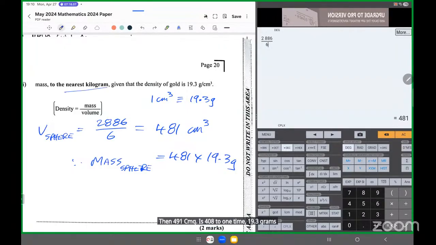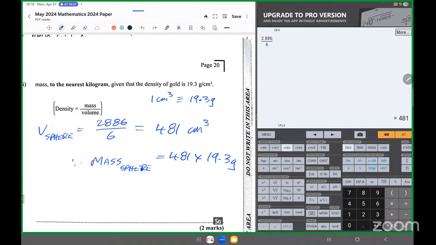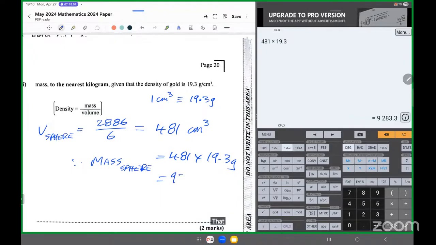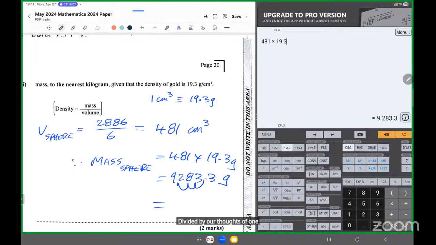But the question wants us in kilograms. So to get the answer, we'll divide by 1,000 to get it in kilograms. To go from grams to kilograms, we divide by 1,000, because 1,000 grams make a kilogram. So we're doing 481 times 19.3. That gives us 9283 grams. Divide this by 1,000: 1, 2, 3. Put the decimal point here. It becomes